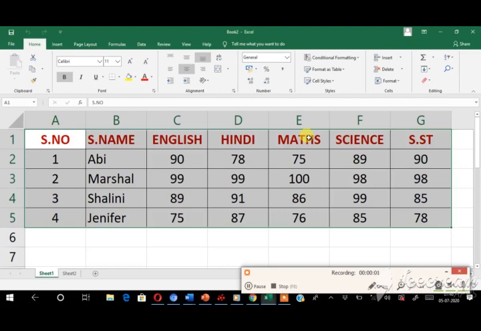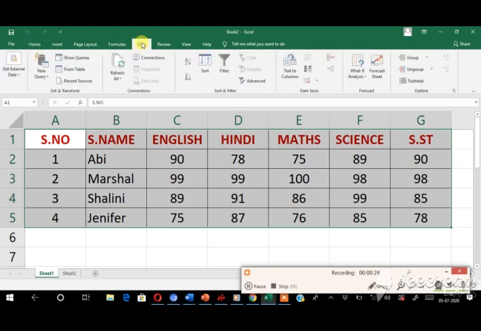Next option is filtering and sorting data. Filtering is a quick way to find a set of data in a range. A filter range displays only the rows that meet the condition specified for a column, and the remaining rows are hidden from view. This option is present in the Data tab. Filters can be applied in different ways to improve the performance of our worksheet. You can filter text, dates and numbers.